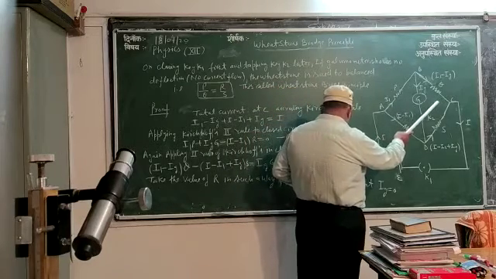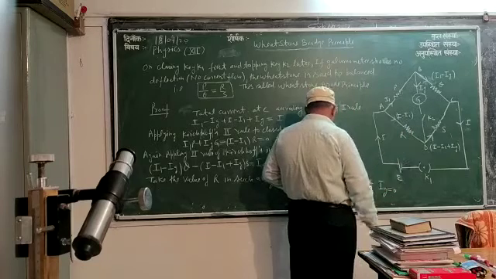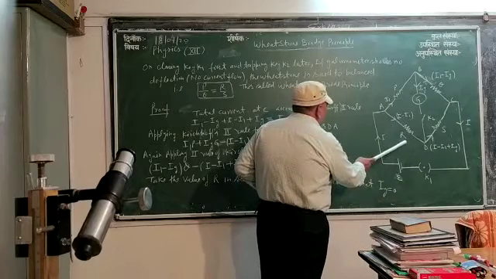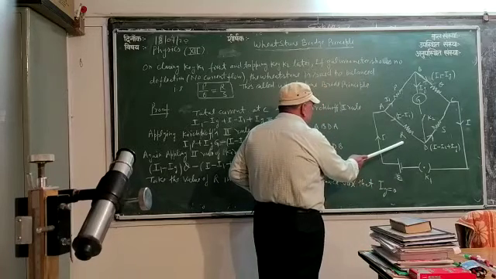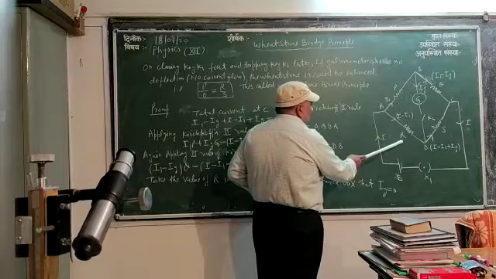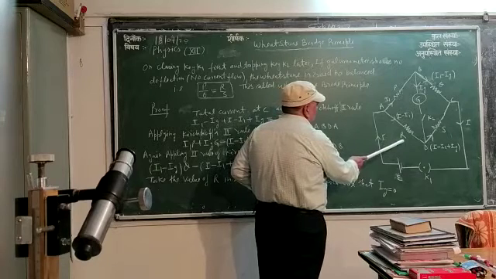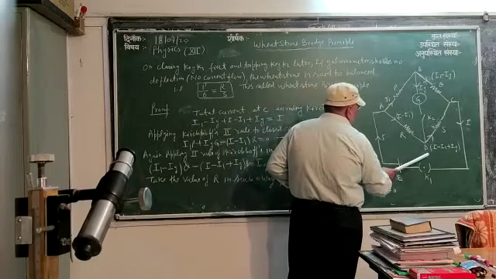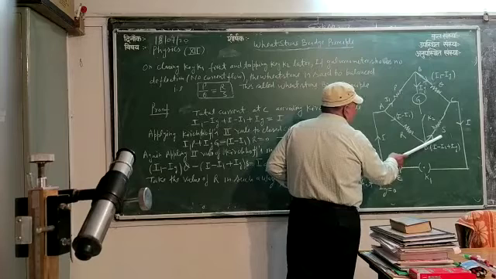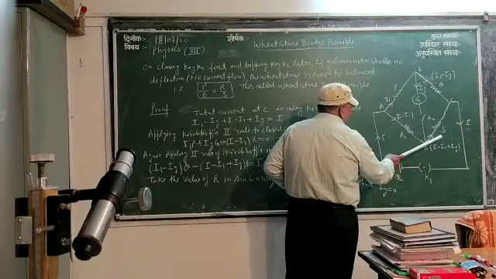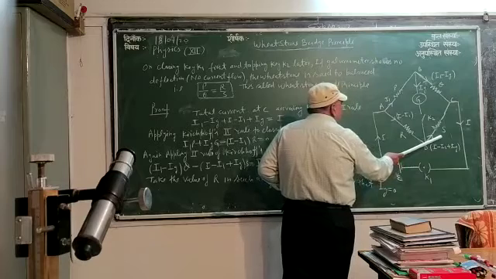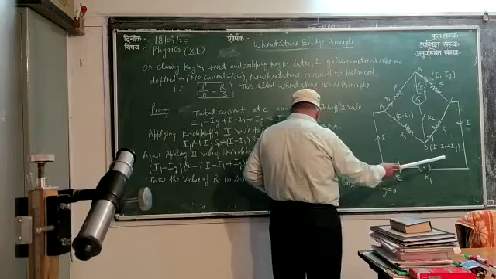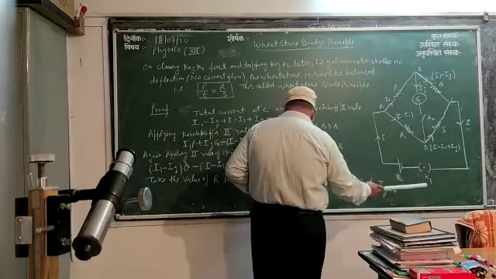in arm BC. These two arms are known as ratio arms. In arm AD, resistance R is attached, which is of known value. Its value can be changed with the help of the resistance box. And in arm DC, the unknown resistance S is connected. We have to find out the value of this unknown resistance S.